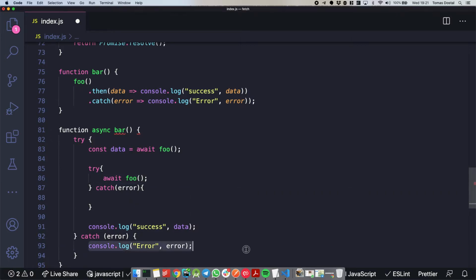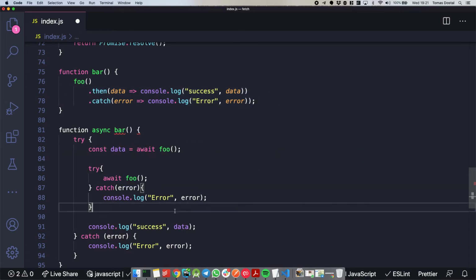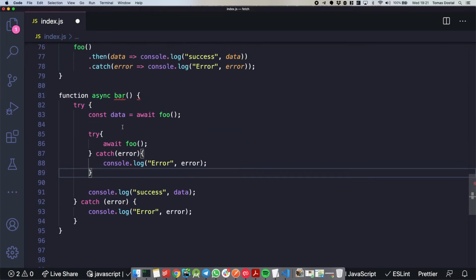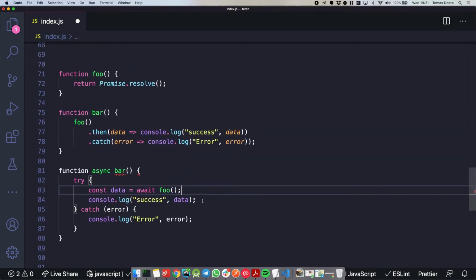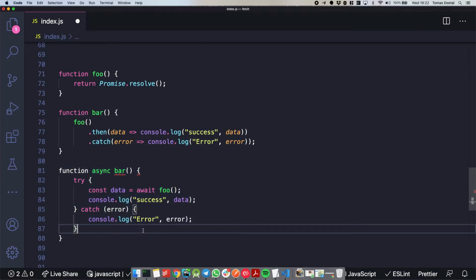So in that case, it would be easier to write it with promises, because you can chain them and you can make it look nice. In this case, this would be pretty horrendous. So it really depends on your application, what you do at that particular moment, if you want to choose async await. Does it make sense? Somehow? Yeah. Don't worry about it. You will practice more, and you will be able to choose which one is the best. But as long as it makes sense.